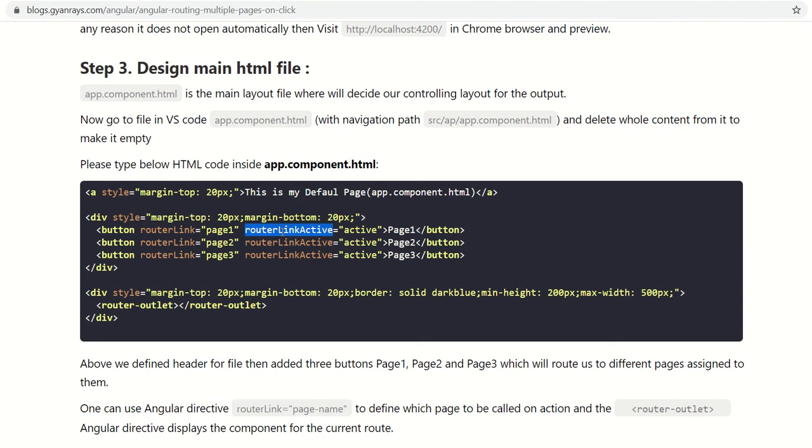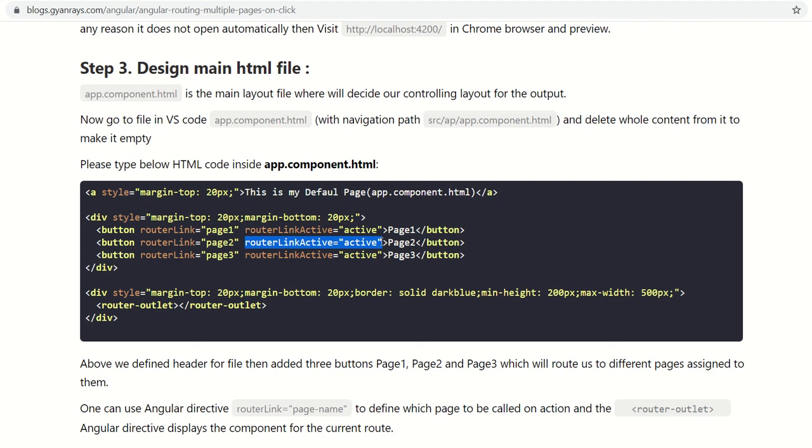And this is another directive provided by Angular, routerLinkActive. Whenever you click this link for page 1, it will activate that page. If you click page 2, it will activate page 2 and deactivate the rest. So one time, one page's content will be shown. This is the practice. If you do not write this directive, it will do it automatically.